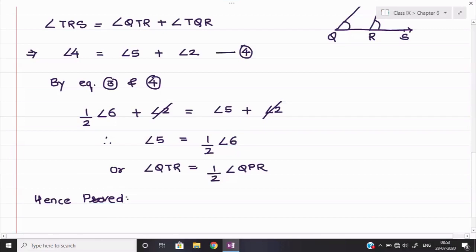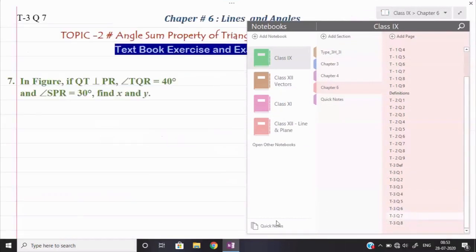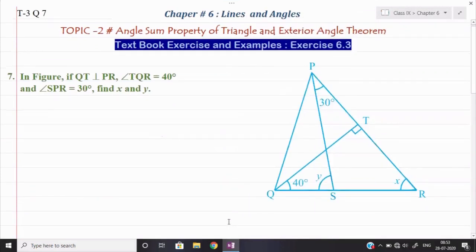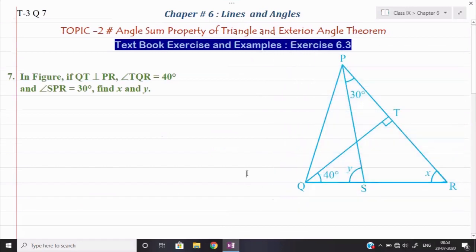Now let us see question number 7. Question number 7 is taken from the solved example. Till here, all your NCERT questions come to an end. Along with that, I have covered all the solved examples also. So please cover the solved examples sincerely also. And if I feel I need to take some additional questions in the chapter apart from the NCERT questions, I will take them at the last.